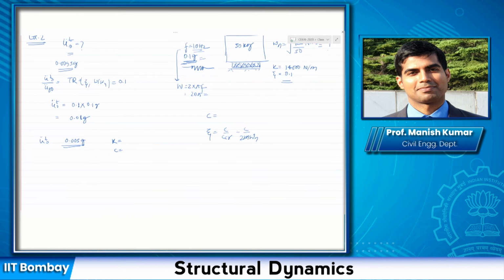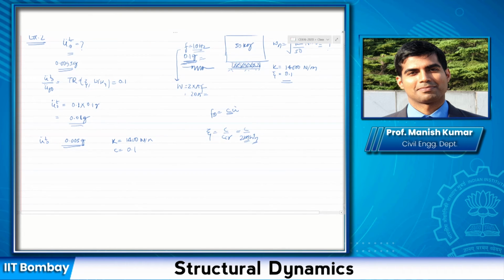For example, if it's a steel material, it would have a certain damping coefficient. If it's concrete, it would have a certain damping coefficient. And FD is c times u dot. So this is a constant that depends on the material properties. However, the damping ratio depends on the mass and the frequency of the system. Okay, so given that these two are going to remain the same, if I had to decrease this further, what would I like to do?